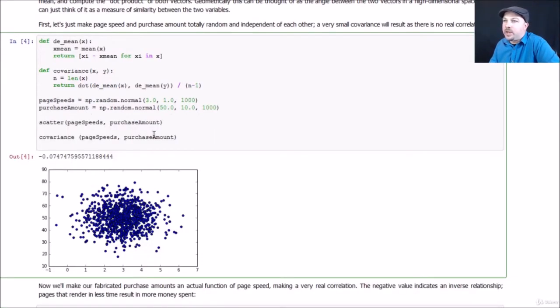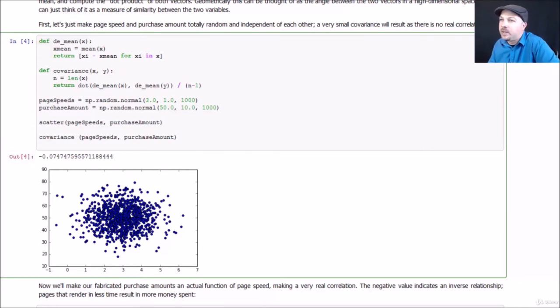So let's just generate some normally distributed random data for both page speeds and purchase amounts. And since it's random, there's not going to be a real correlation between them. So just as a sanity check here, we'll start off by scatter plotting this stuff, and you'll see that it tends to cluster around the middle because of the normal distribution on each attribute. But there's no real relationship between the two. For any given page speed, there's a wide variety of amounts spent, and for any given amount spent, there's a wide variety of page speeds. So no real correlation there, except for ones that are coming out through randomness